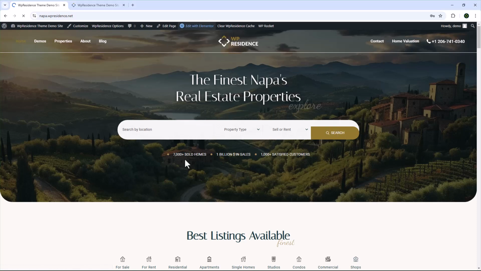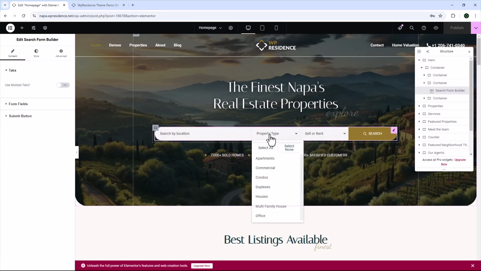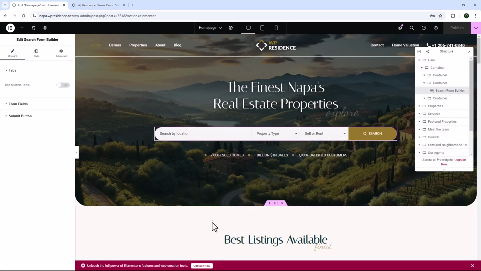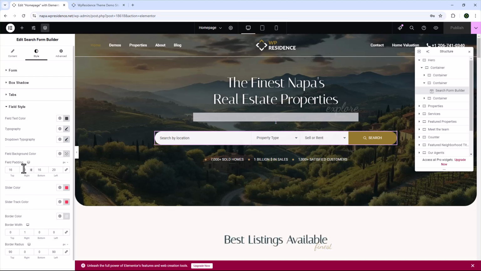In the front end, the pages created with Elementor may show different sizes and widths. You will need to edit such pages with Elementor. When you do that, you will be loading the new Elementor style options added to WpResidence widgets. It may be possible to see a different space for the arrow dropdown. You will simply add the needed space value to the field as I am doing now from the form builder